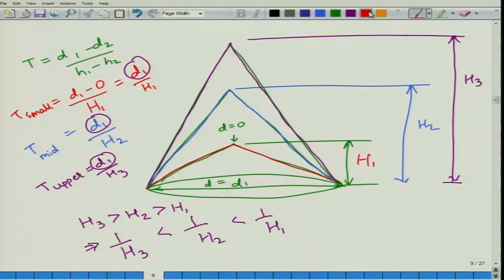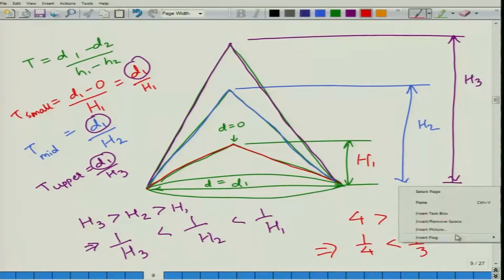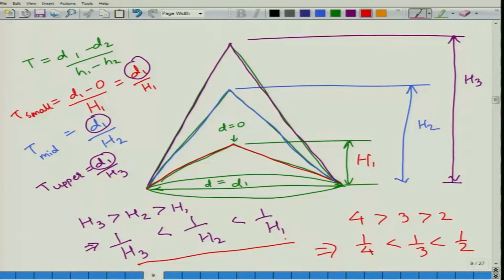So, to look at it intuitively, for instance, if we have 4 is greater than 3 is greater than 2, we can say that 1 by 4 is less than 1 by 3 is less than 1 by 2. So, similarly, in this case we have 1 by h3 is less than 1 by h2 is less than 1 by h1. Now, if we multiplied all these 3 by d1, we would have d1 by h3 is less than